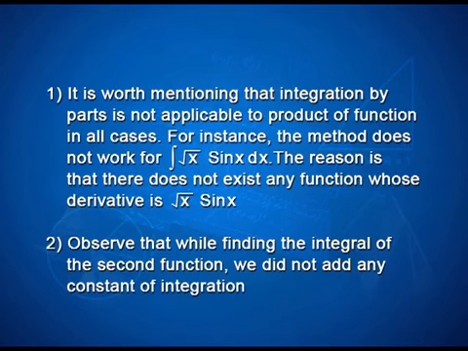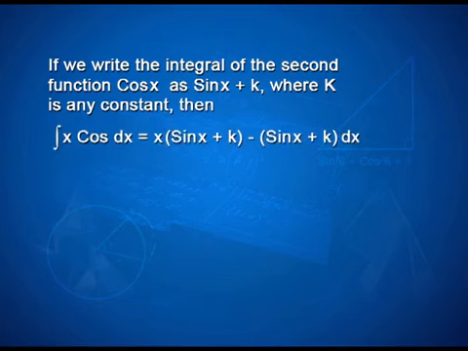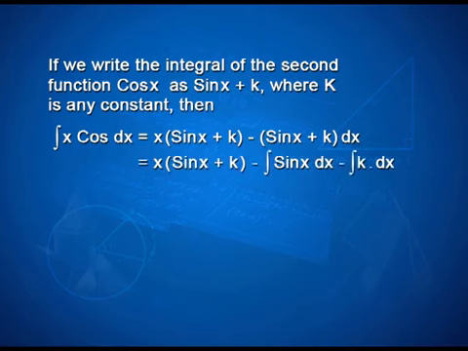Second, observe that while finding the integral of the second function, we did not add any constant of integration. If we write the integral of the second function cos x as sin x plus k, where k is any constant, then integral of x cos x dx is equal to x into (sin x plus k) minus integral (sin x plus k) into dx, that is equal to x into (sin x plus k) minus integral sin x dx